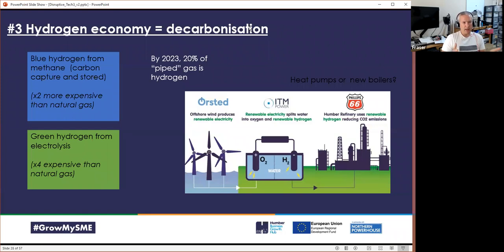It is matched by, I guess, a move towards a hydrogen economy. This is very relevant to the Humber, and you may well have seen this diagram about the idea that we can create hydrogen and store it locally. Two different ways, by the way, of creating hydrogen, blue and green, one about electrolysis and one about carbon capture storage. So as we move towards hydrogen as a source of energy, we'll find that the gas pipe to our homes will maybe switch over to hydrogen, and we'll have new types of hydrogen boilers.